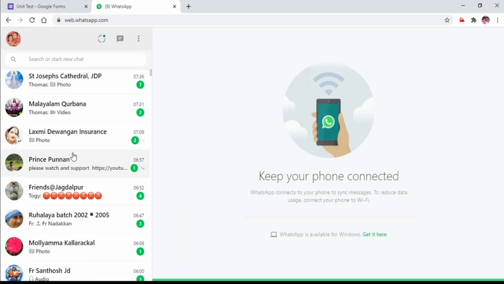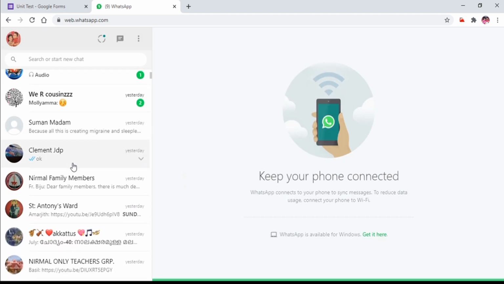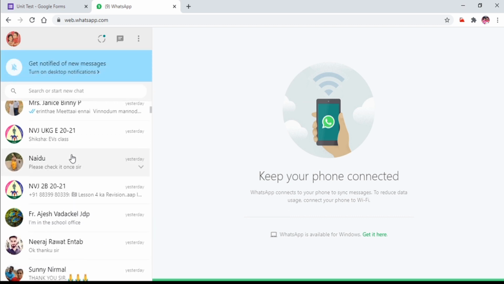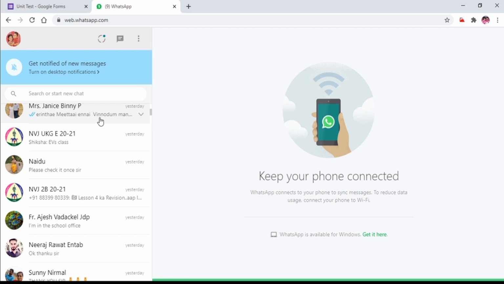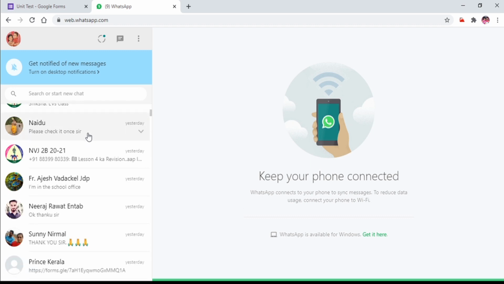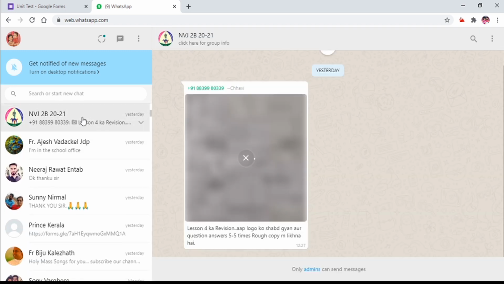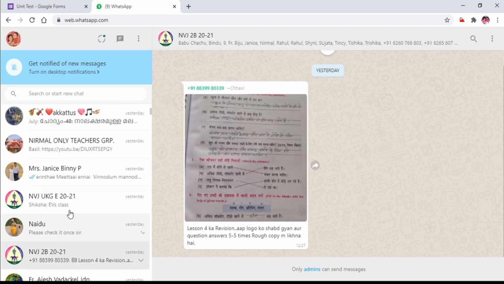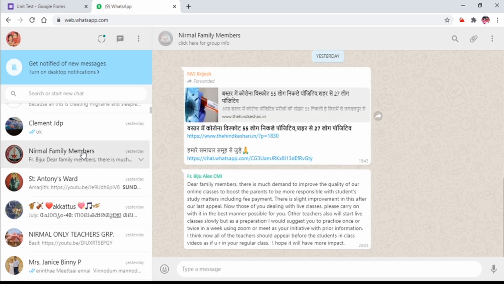Just go to the area. For example, you want to send the link to a particular class. You can select the particular class, and just see where you can send it. See our group itself, we have already copied the link. Now just paste it, right click and see it can be pasted. Okay, it can be pasted.